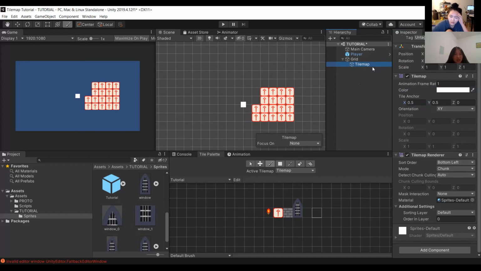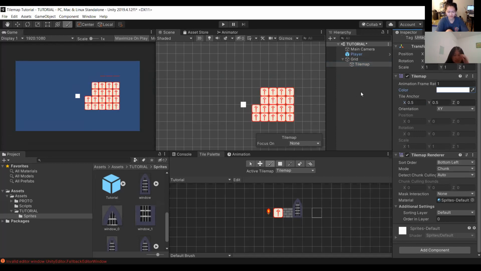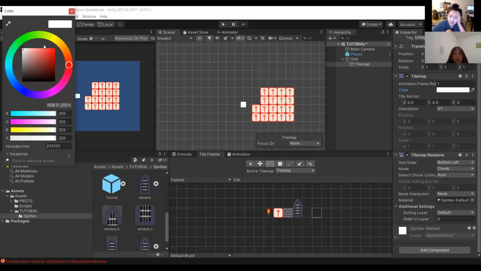Is there a way to tint specific parts, like just the white parts of your tile map? Yes. The way that would work is, let me click on that real quick.